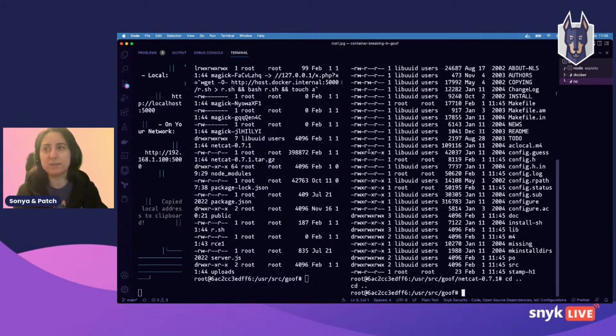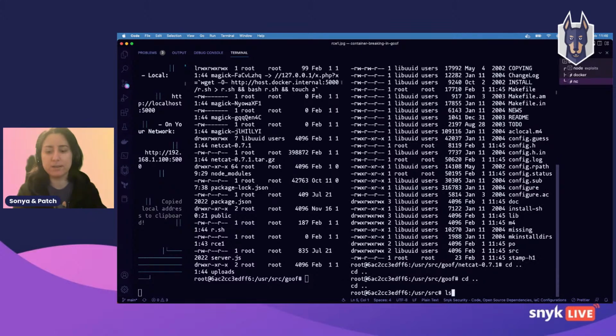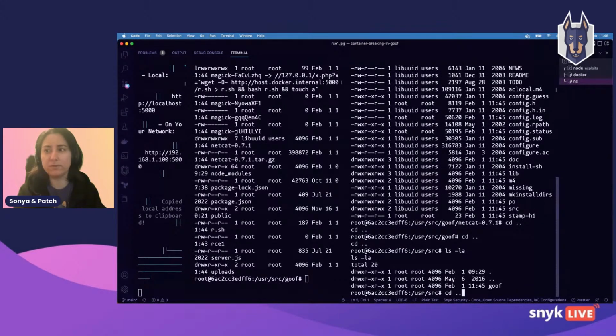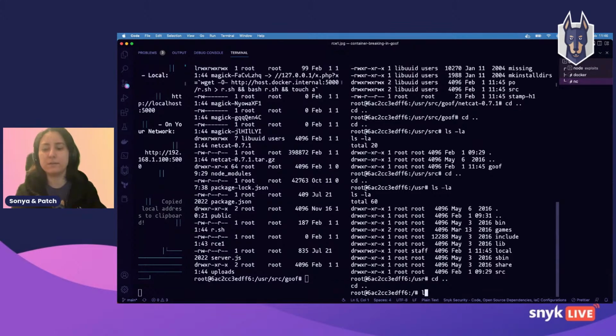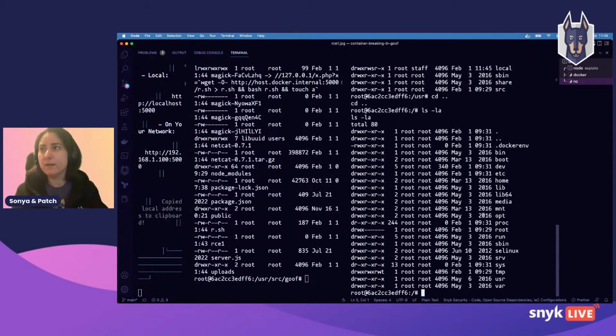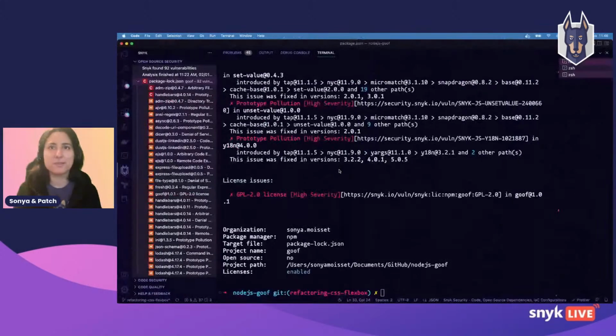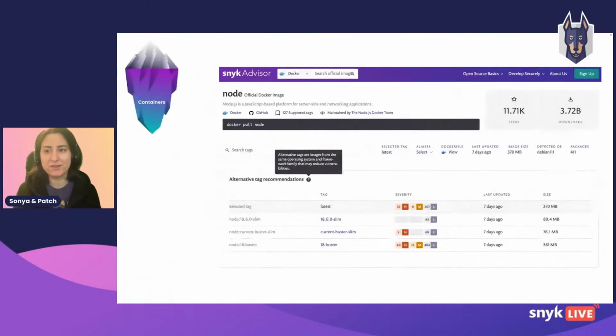Now that I'm connected to the container, I can navigate, have a look at all of the folders, and ultimately find some sensitive info and exfiltrate it to my server. So here you can see I have access to all of the folders. I can just have a look, navigate, and take the info. So this was the demo for the remote code execution, which wasn't great for that package.